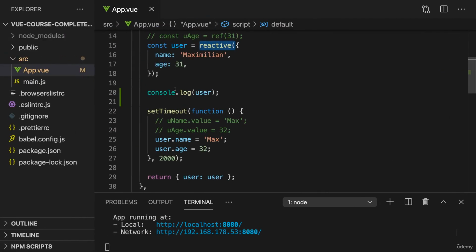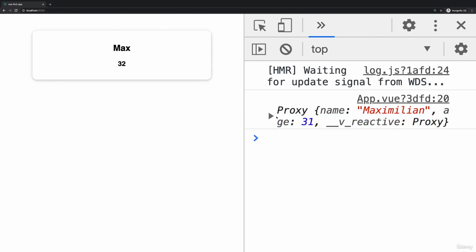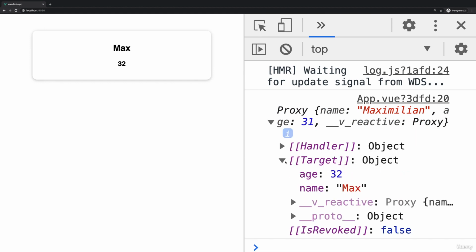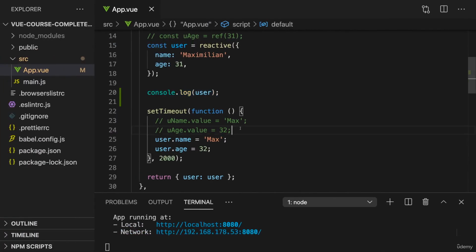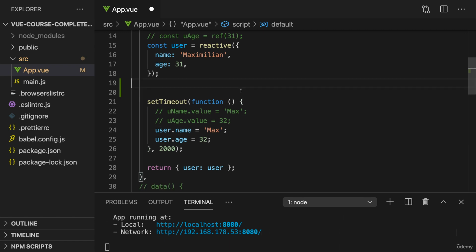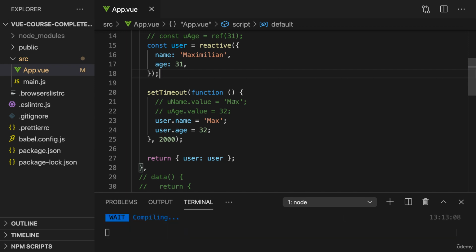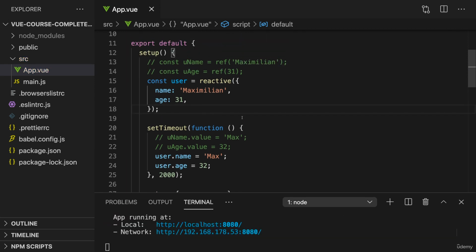Now, one note about our console log here, where I'm logging user, before it was this ref object with the value property and the getters and setters for value. Now it's this proxy object here instead, which wraps our object and which simply has these internal listeners to changes to our properties. Basically what I already covered in the behind the scenes module. And with that, I'll delete this console log and leave that code